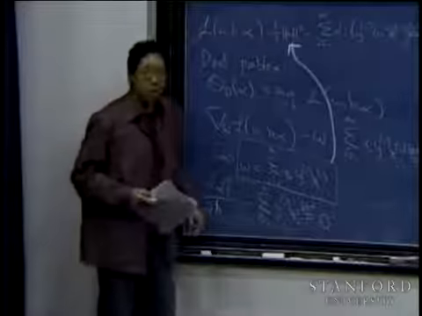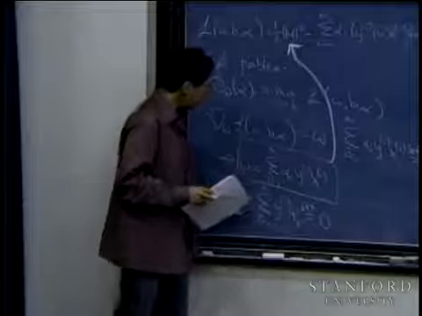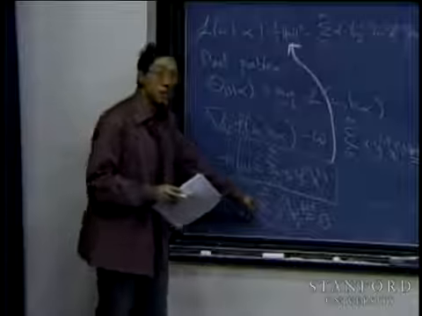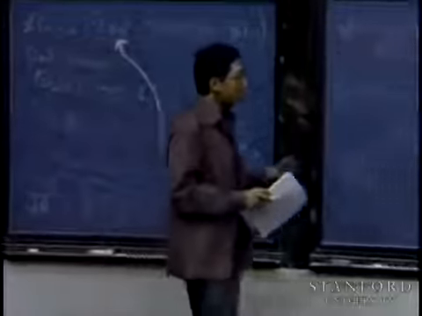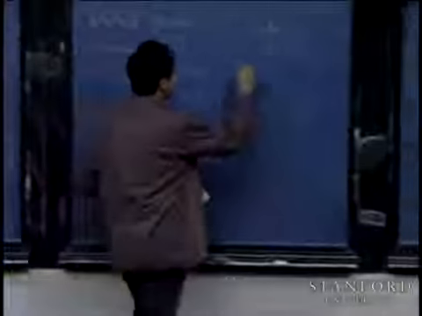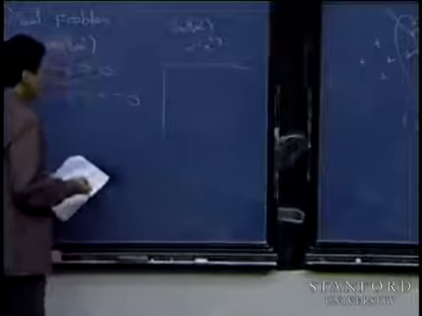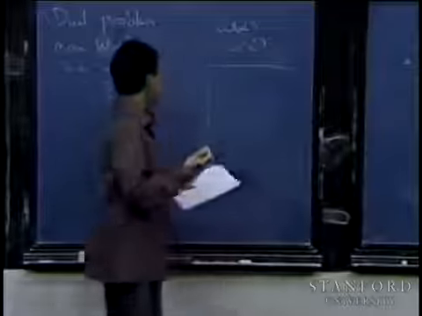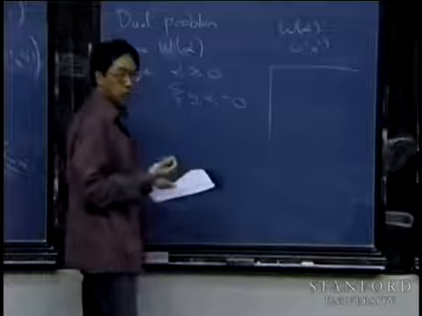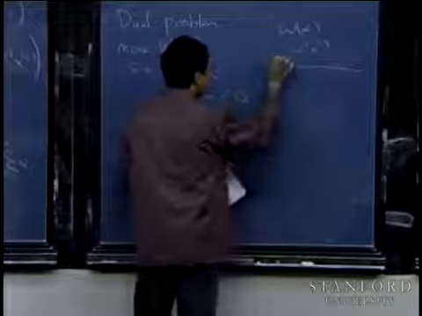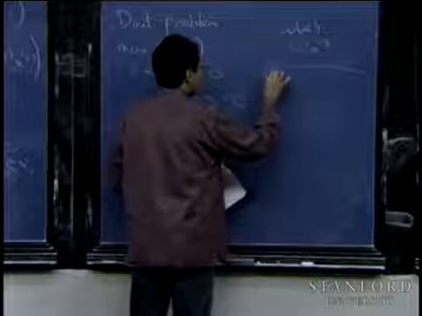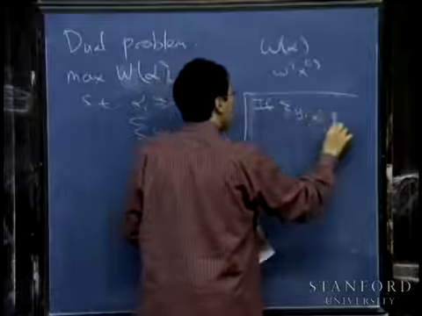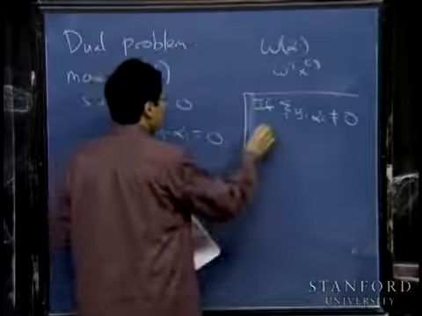I think in previous years that I taught this, where this constraint comes from was slightly confusing. So let me take 2 minutes to say what the real interpretation of that is, and if you don't understand it, it's not a big deal. When we took the partial derivative of the Lagrangian with respect to b, we ended up with this constraint that the sum of yi alpha i must be equal to 0. The interpretation of that, it turns out, is that if the sum of yi alpha i is not equal to 0, then